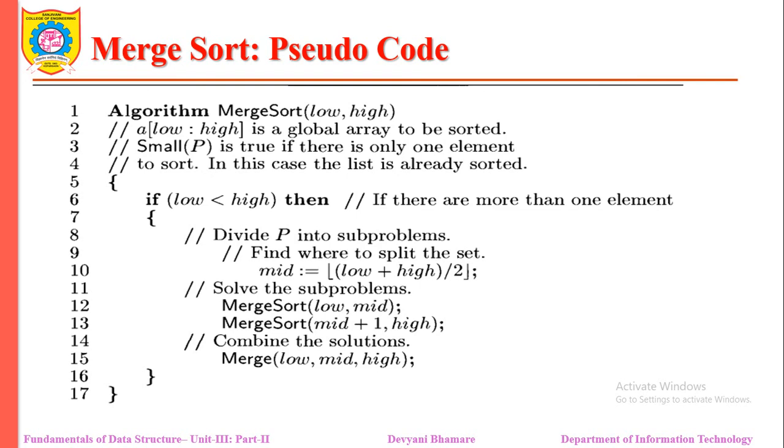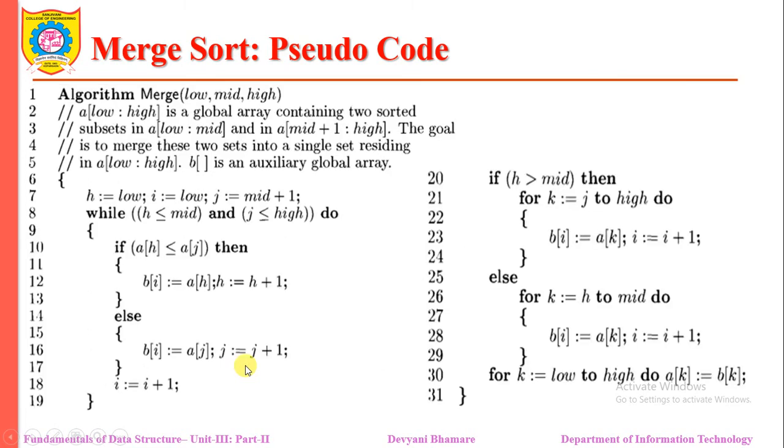So this indicates the pseudocode for our merge sort. We have seen that we have to take two counters, means an array having an upper bound and a lower bound. So if the lower bound is less than the upper bound, then we need to divide the array at the mid part. And then we need to recursively merge sort from the lower bound to the mid and mid plus 1 to the upper bound, simply sorting the subproblems until we get one element. Once we get all of these as sub arrays, we need to start merging those sorted sub arrays. So this is the logic of how we can merge all these sorted arrays.